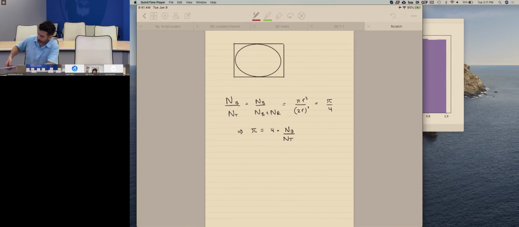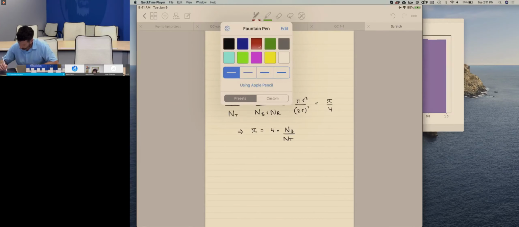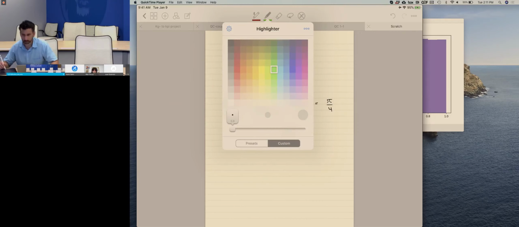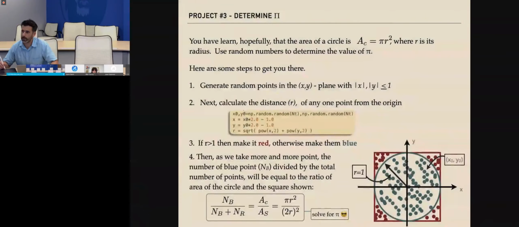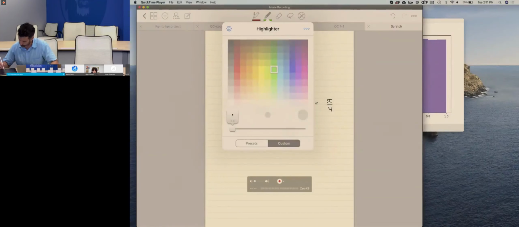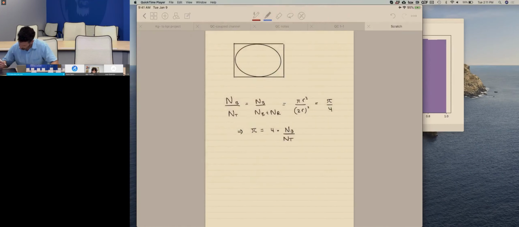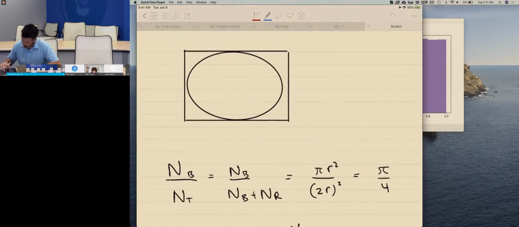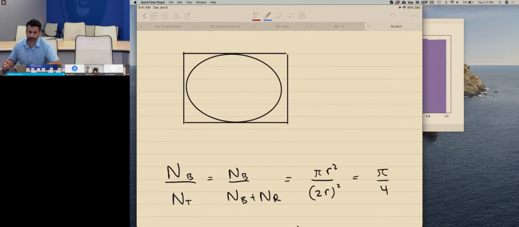So this is what we're gonna do. You're gonna pick random points and then categorize them. And so if a point, what color did I pick? I used blue for inside the circle, good. So here's my blue. So if I pick some random number for x and y, and if it's within the